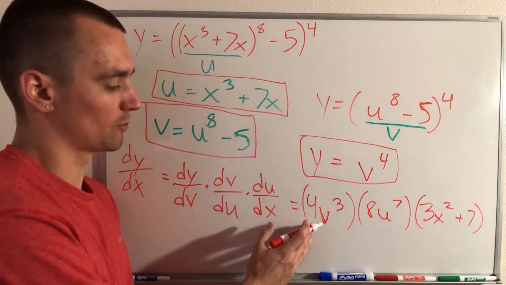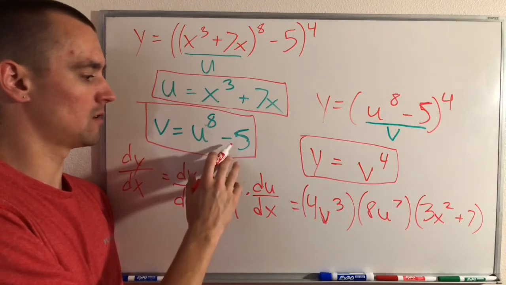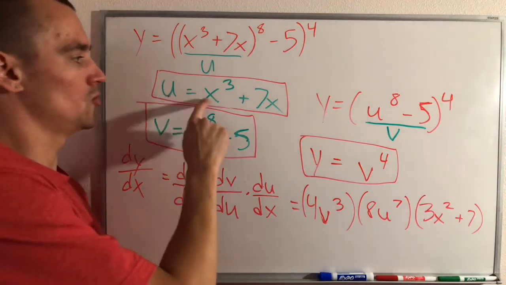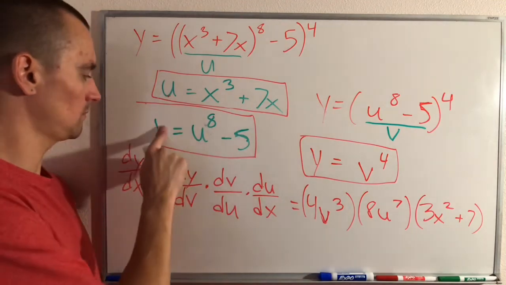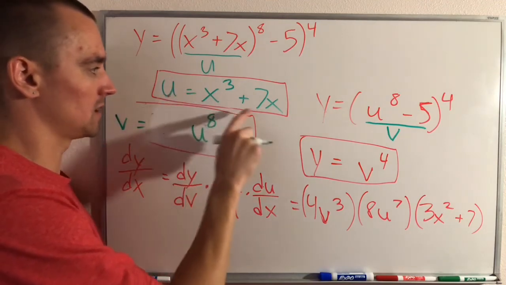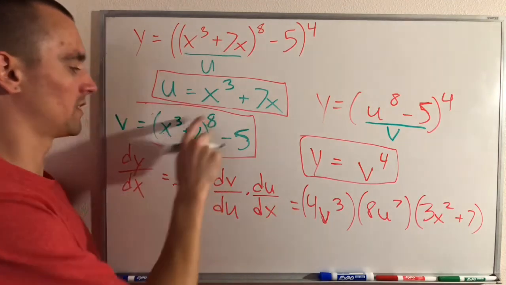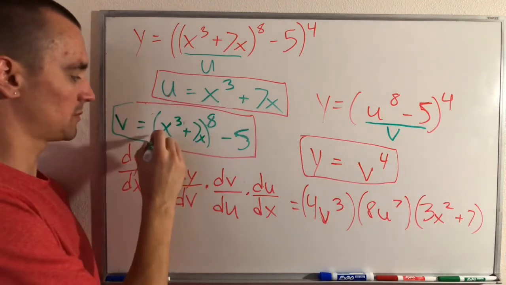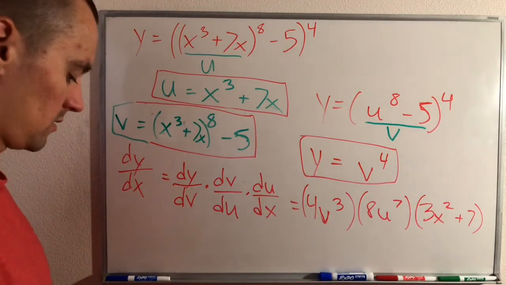And then the other piece is replacing v. So we know that v equals u to the 8th minus 5, but now that's in terms of u, so we also need to plug this in for u. So basically, by saying u equals x cubed plus 7x, that tells us that v actually equals u to the 8th, which is, since u is all this, it actually is just x cubed plus 7x, all raised up to the 8th. So now we have u in terms of x and v in terms of x. We could substitute this in for v, this in for u, and that should leave us with something that is what we want. So doing that